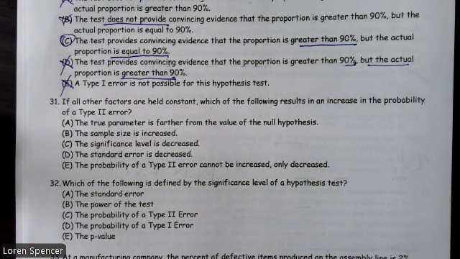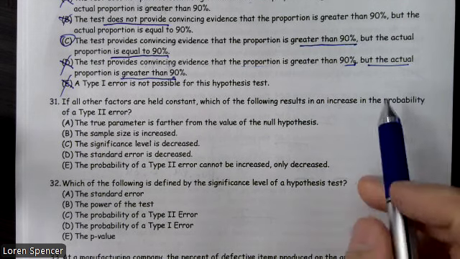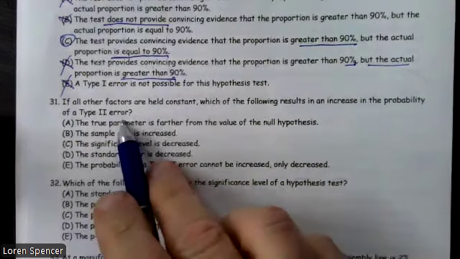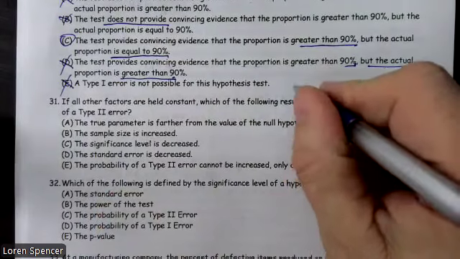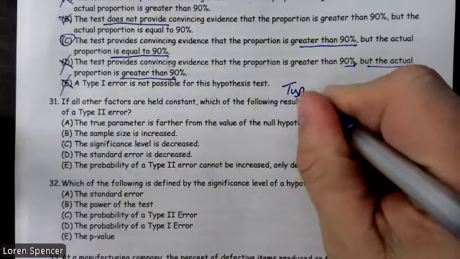This is Death Packet Problems 31 through 44, proportions. It also deals with errors, and that's where we're going right now. If all other factors are held constant, which of the following results in an increase in the probability of a type 2 error? As a reminder, type 2 error